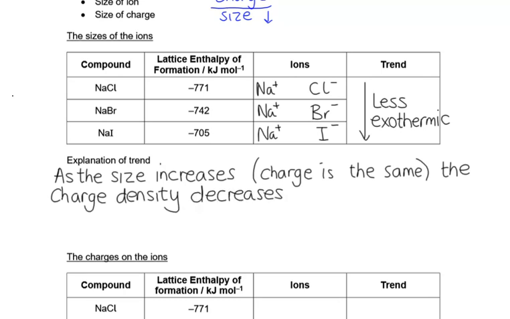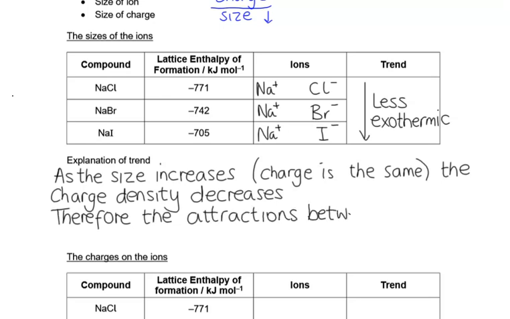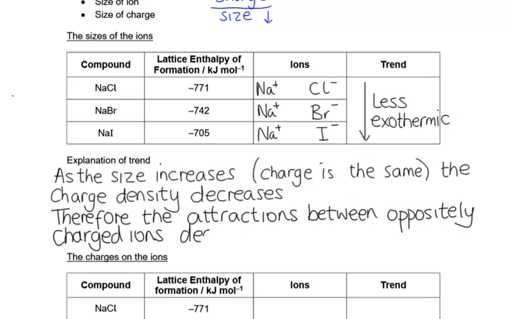So if the charge density decreases, the attractions decrease. Therefore, the attractions between oppositely charged ions, that's what we're measuring, so the attraction between oppositely charged ions decreases,